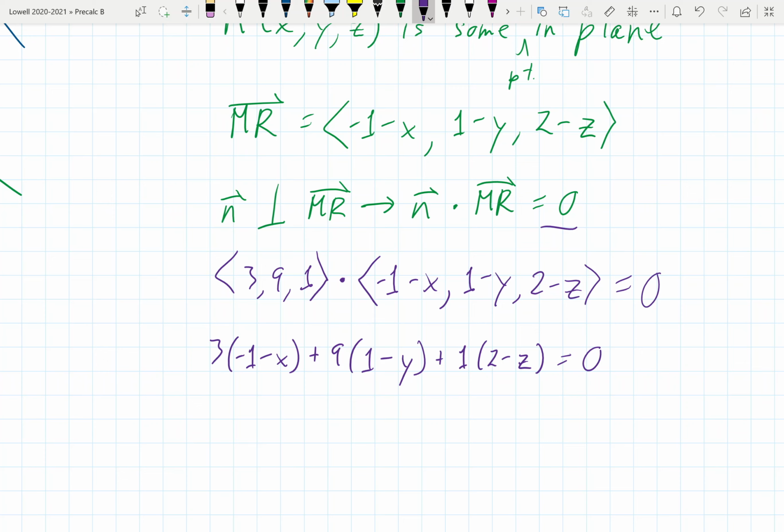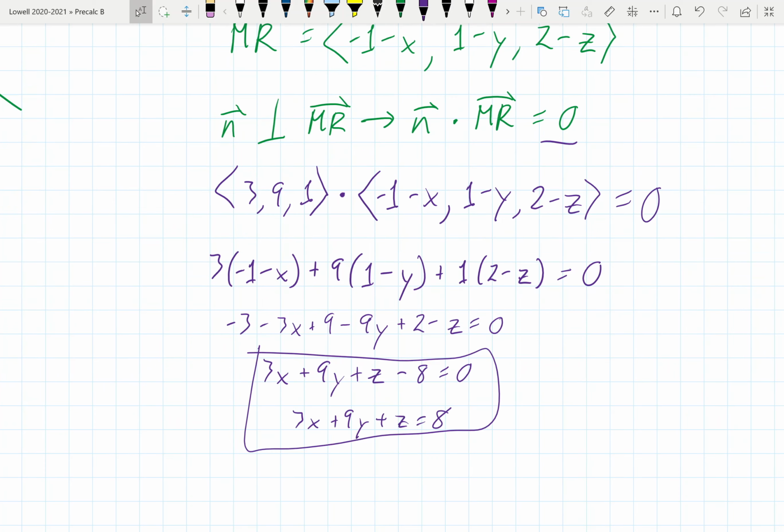And so I'm going to distribute this and clean it up just to save some time here. Alrighty, so double check my work, but what I've done is distribute each of the pieces and simplify it, and I wanted to make sure the leading coefficient, the 3x part, is positive just because it's easier to look at. But we end up getting 3x plus 9y plus z minus 8 equals 0, or 3x plus 9y plus z equals 8. And that's the equation of our plane,